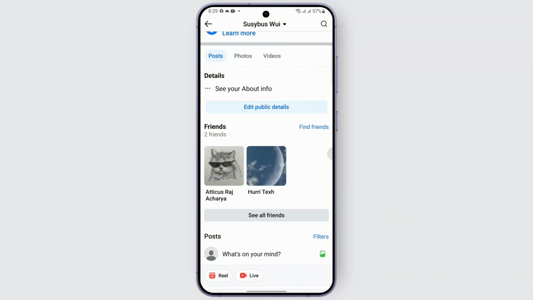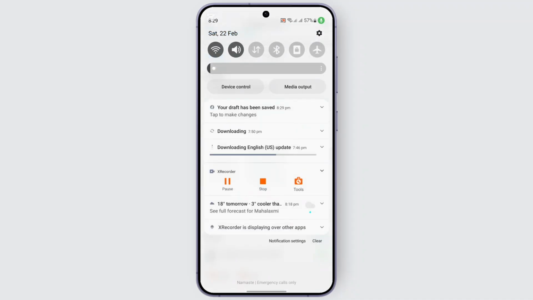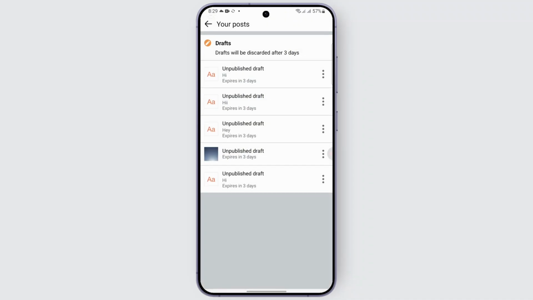Once that is done, make sure your notifications of Facebook is on, and when you do that, you can find this notification that says your drafts have been saved. So you can just go ahead and tap on it, and when you tap on it, you'll be finding all of your drafts that was unpublished before. So all you need to do is go ahead and tap on the draft